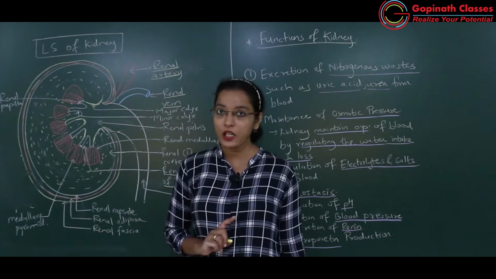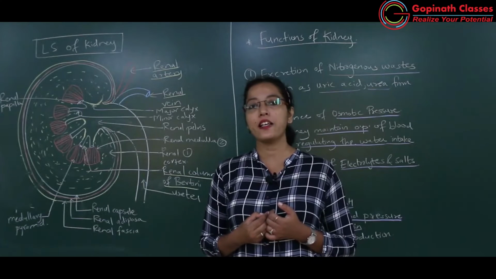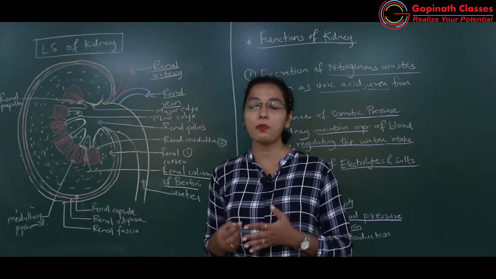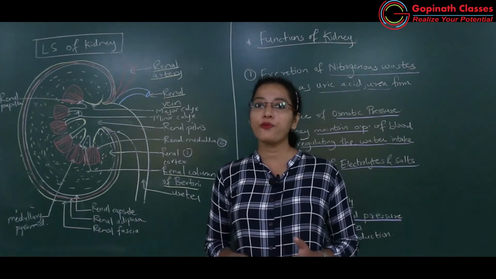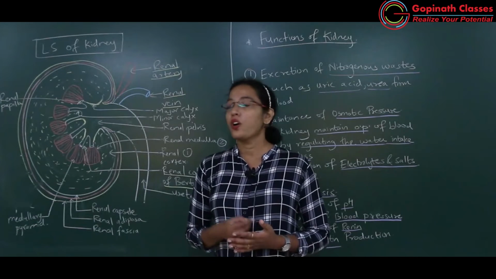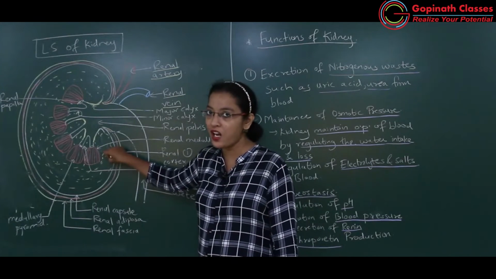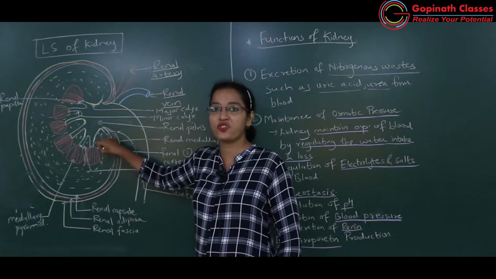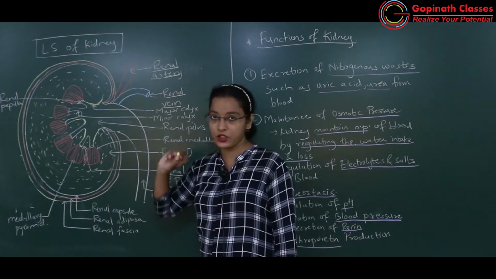What is there in the renal medulla? Straight part of the nephron, that is loop of Henle and collecting tubule. We will come to know what is loop of Henle, what is Malpighian tubule, PCT, DCT. All these are the parts of the nephron which we will be learning in the next topic. Okay, so basically please remember why renal medulla will appear pale red in color, because it is having straight loop, that is loop of Henle and collecting tubule.